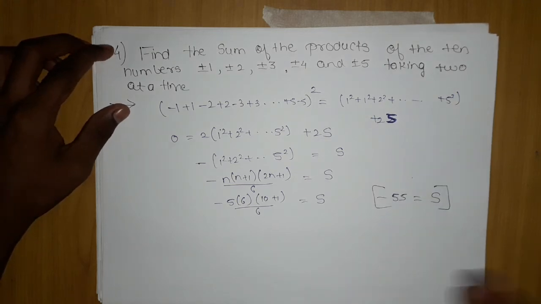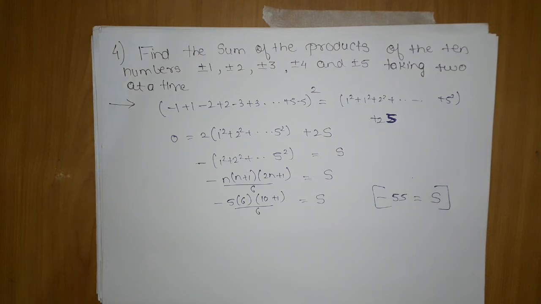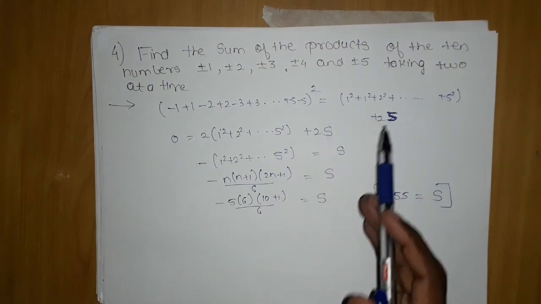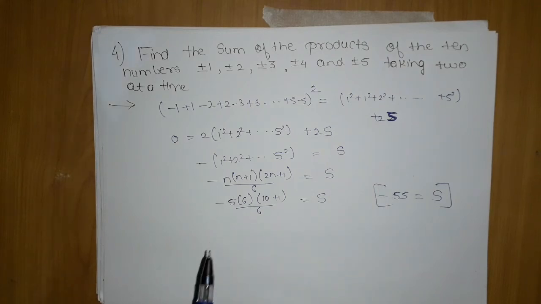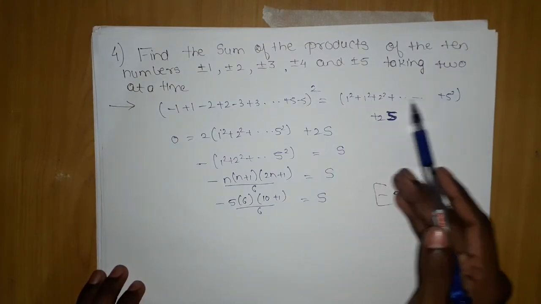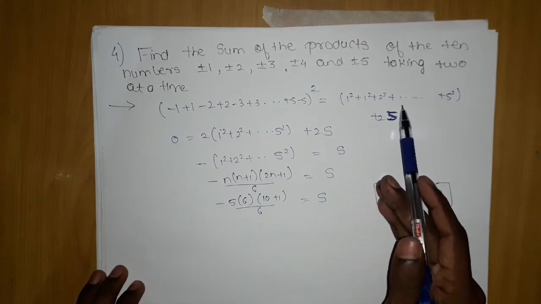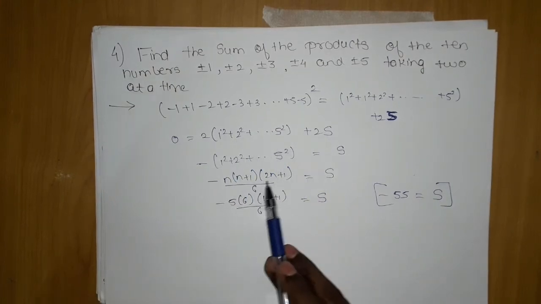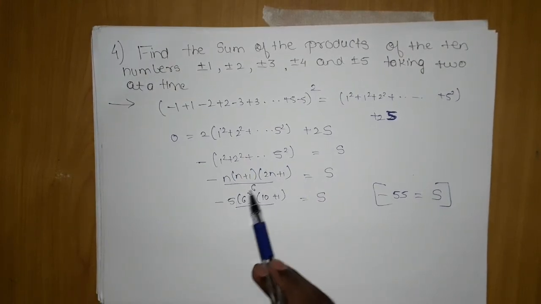So the thing which clicked, the sum of the product of numbers taken two at a time, gave us a hint that we need to use this. It is quite difficult to strike that we need to use this thing. We took all the numbers, their addition, square, that was the total matrix, and their individual squares, even if it is minus they will just become positive, so it will become twice plus 2s. Then we moved that and substituted 5 here and got our answer. This question was very easy. Now let's move on to the next question.